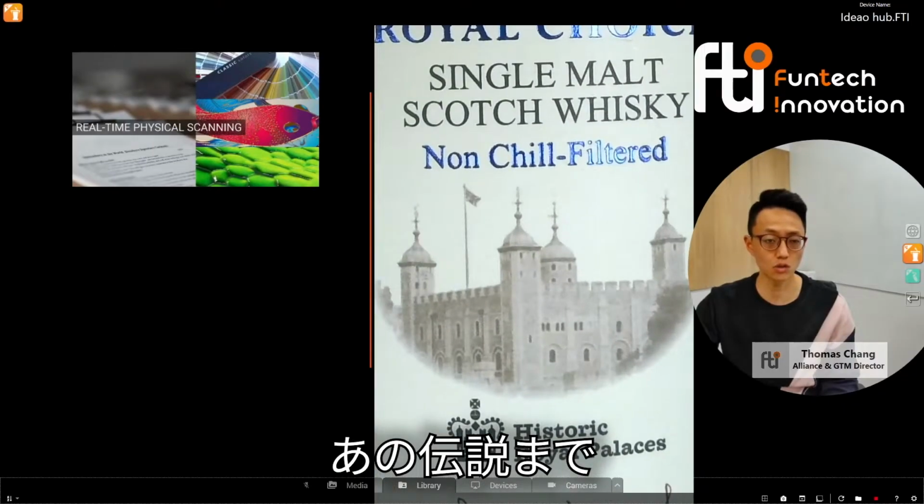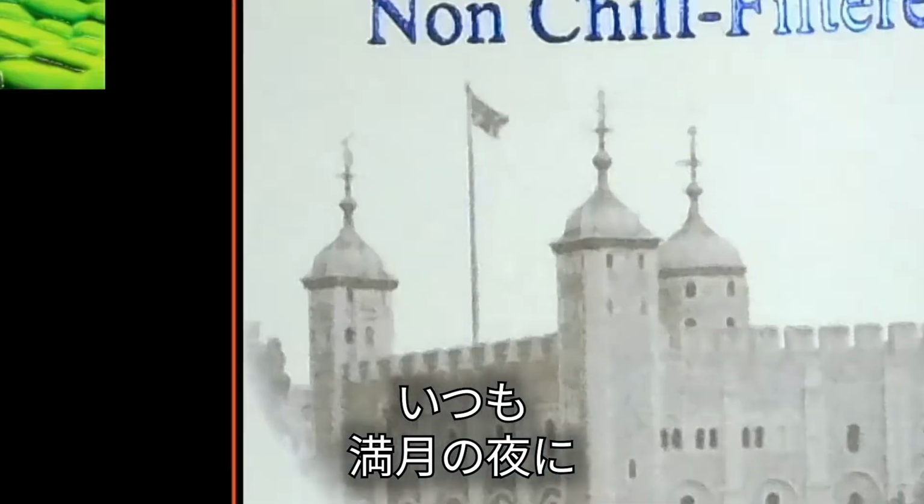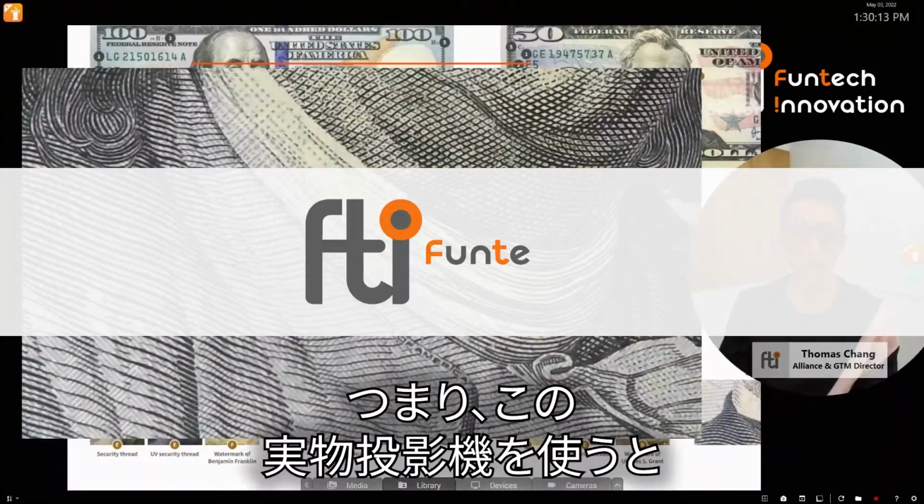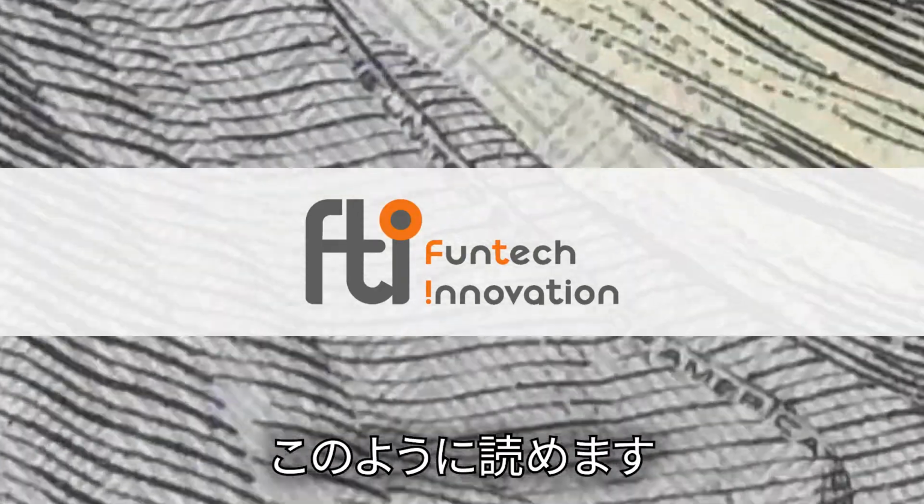To show you the legend that says every full name of the DC400, which is our scanning device. You can see it says